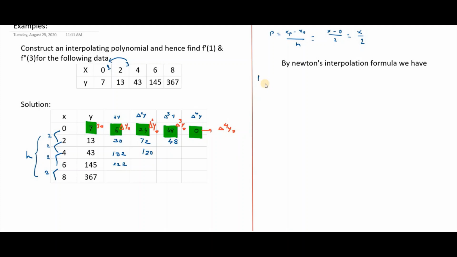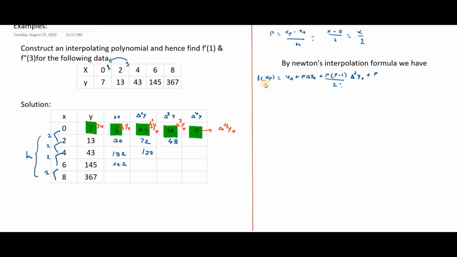So that is f of xp is equal to y naught plus p into delta y naught plus p into p minus 1 divided by 2 factorial delta square y naught